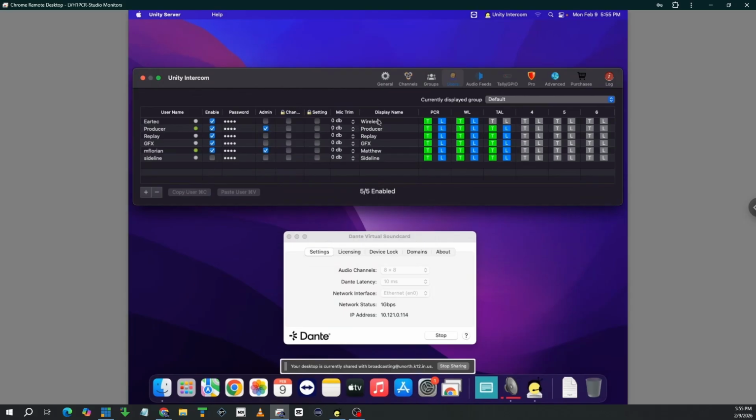We used to have a sideline one temporarily. We no longer use it now. Just about everyone is set to talk and listen to all channels, including talent. Eartec in the venue, you can set it as listen to. The talent, I do not ever have them set to talk,